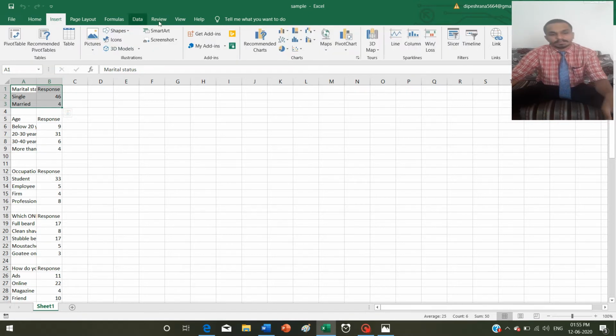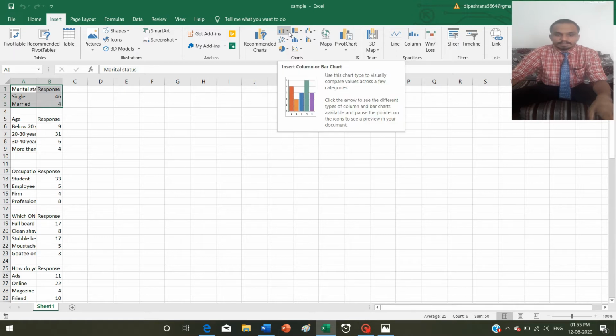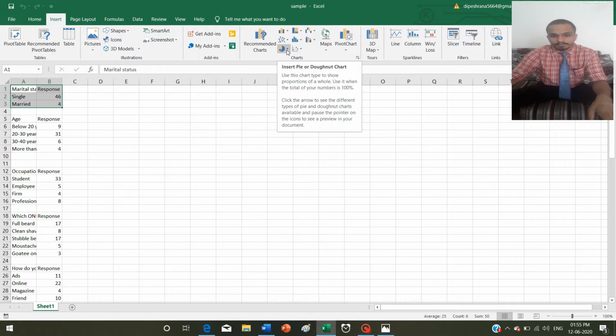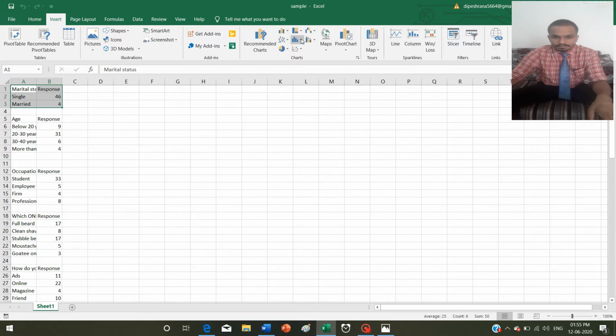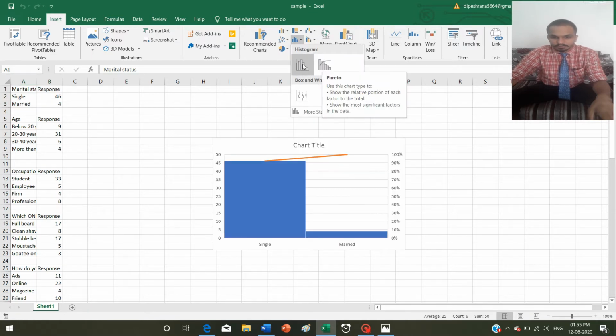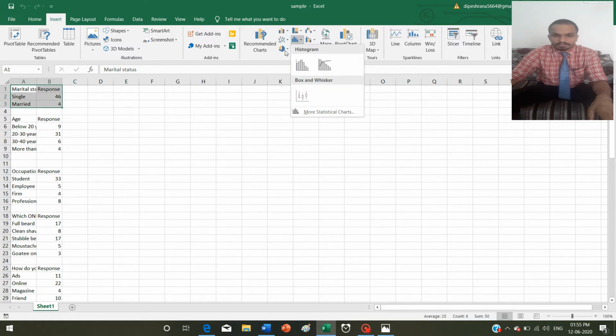Then I will go to Insert. You can see there are many graphs all over here. There is a bar chart, a pie chart, and a histogram if you want. If you want to make a histogram, you can make that also.